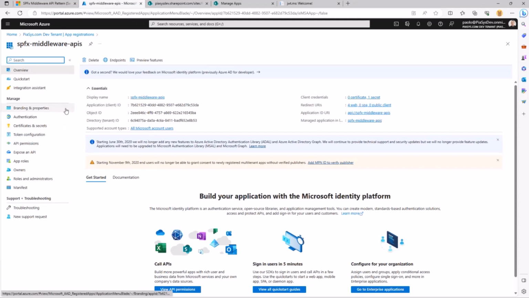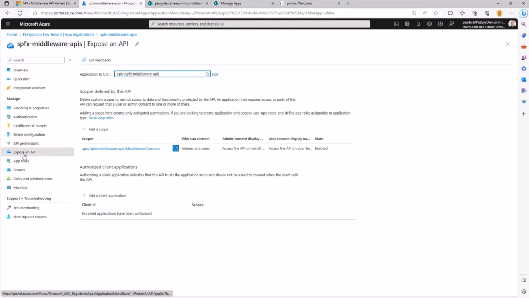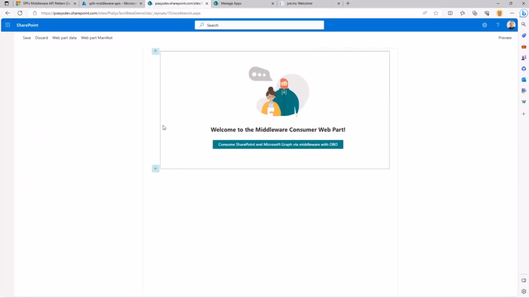Now, in Azure Entra ID, in my target tenant, I have registered an application which I will use to implement this flow. The application is a regular Entra ID application, and in the API permissions, I decided to give my application the permission to read the sites and the user, and to read all the sites from a SharePoint Online point of view. This application is also exposing an API, so it does have an endpoint that can be consumed by another subject, which will be SharePoint Framework, as long as there is the middleware.consume permission for this specific application ID. That said, let's move to the demo and see how it works first of all, and then we can dig into the code.